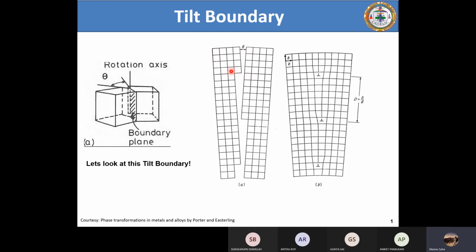So when you approach the boundary, you will see there is a discontinuity at the boundary. If you carefully observe this grain boundary plane, the atomic arrangement here and here are also the same. That is not the problem. Everywhere it's the same. But the thing is, the orientation is different. Why? Because this atomic arrangement is tilted with respect to this atomic arrangement by a certain angle theta. Correct? Do you understand this part?